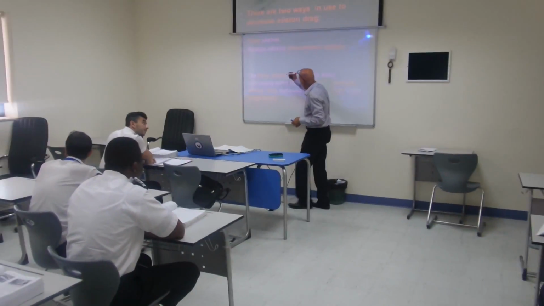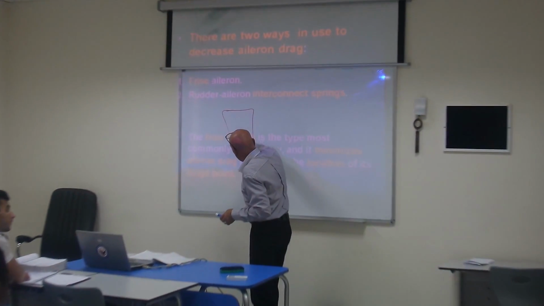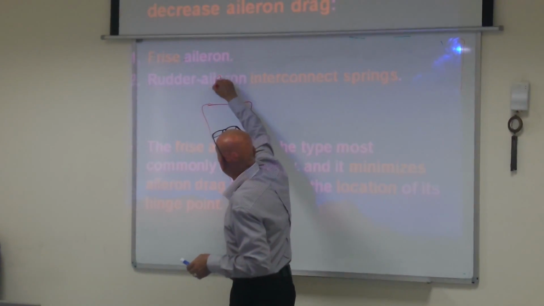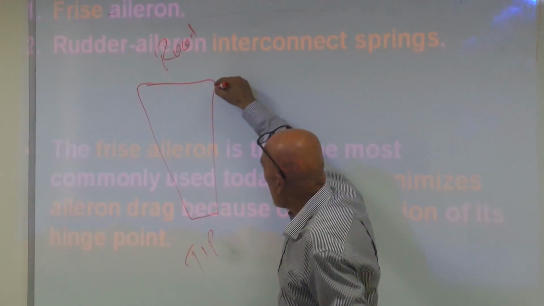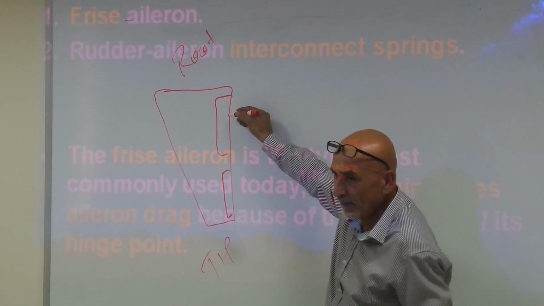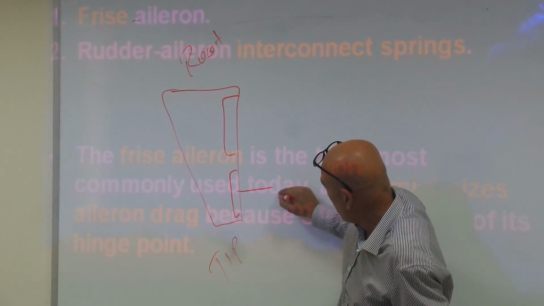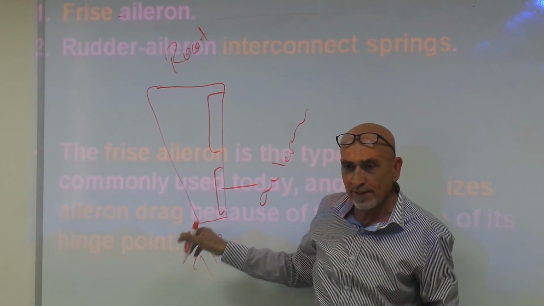So, if we go, for example, to the wing, this is the wing, right? This is the root. Here is the tip. Here we have another flight control that is written here, which is called the flap. So this is the aileron. Okay? This is the aileron. It is located